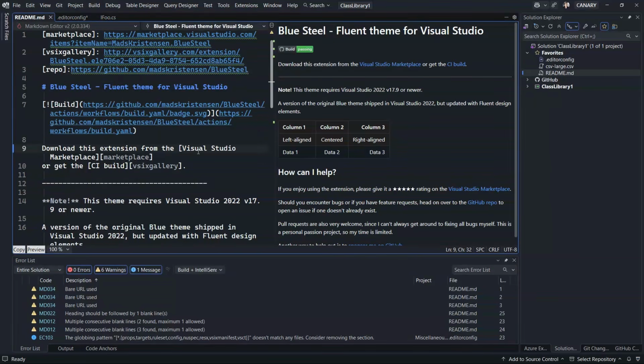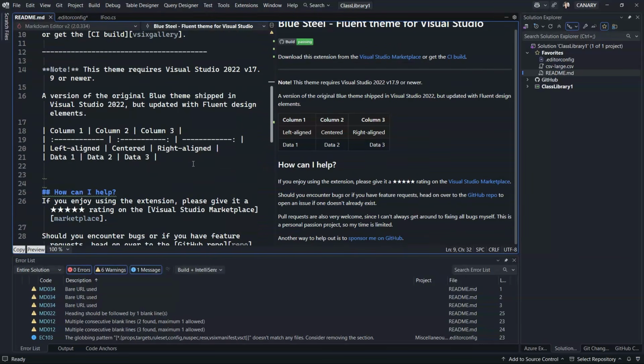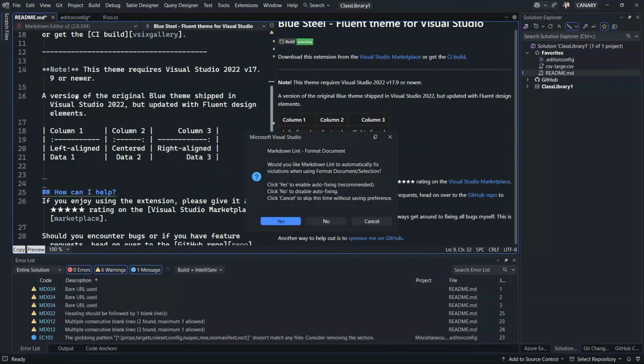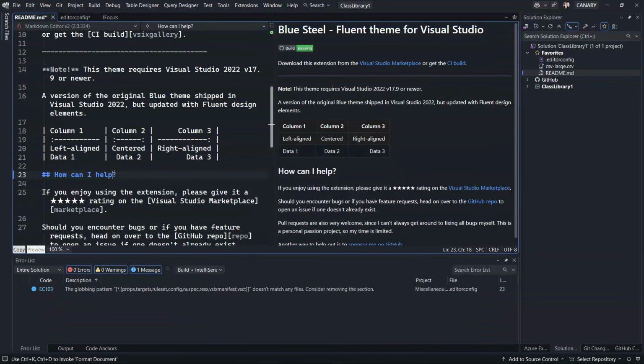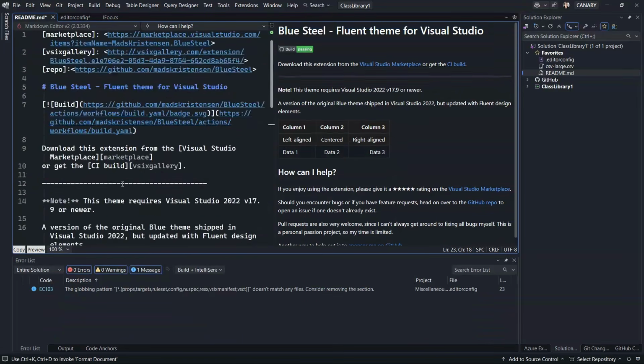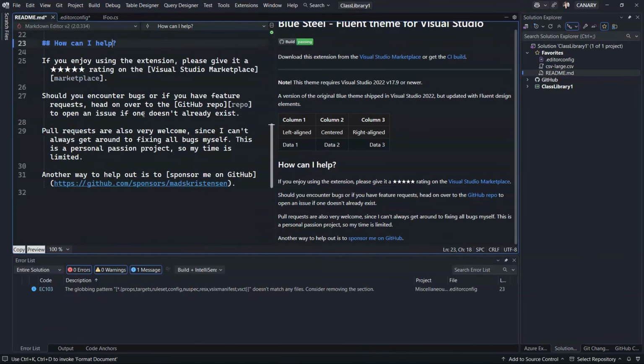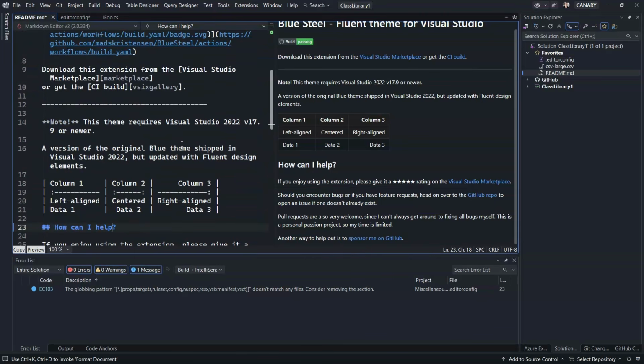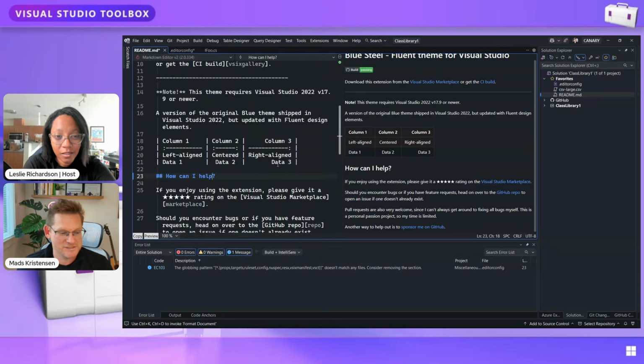Here's a cool thing. If I just hit Format Document, Control KD, it formats everything. Notice what happened here to the column. That's the Markdown editor that did that. But it asks me, do you want to automatically run all the code fixes when you hit Format Document? Yeah, I do want that. Boom. And it's all fixed. Everything just got fixed for me and it didn't break anything. Isn't that cool? That's so good. My gosh.